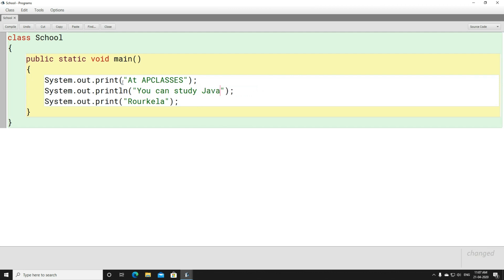Okay, and this we are going to write ln, and this we will write print "Java", and here we are going to write "as well as other programming language". Okay, so this is how we are going to write. Let's put a few more things here.